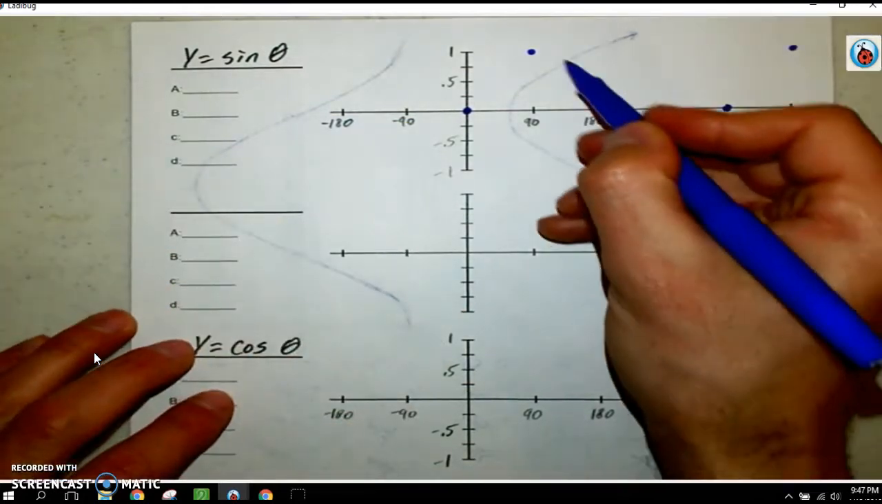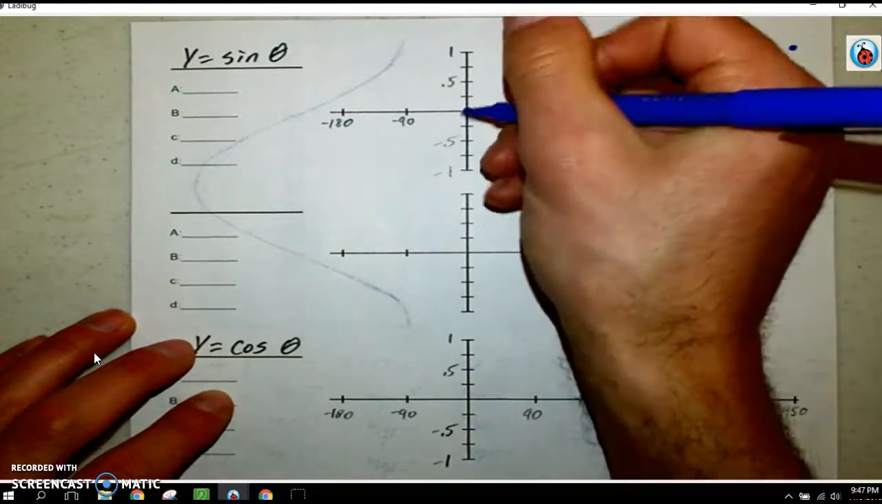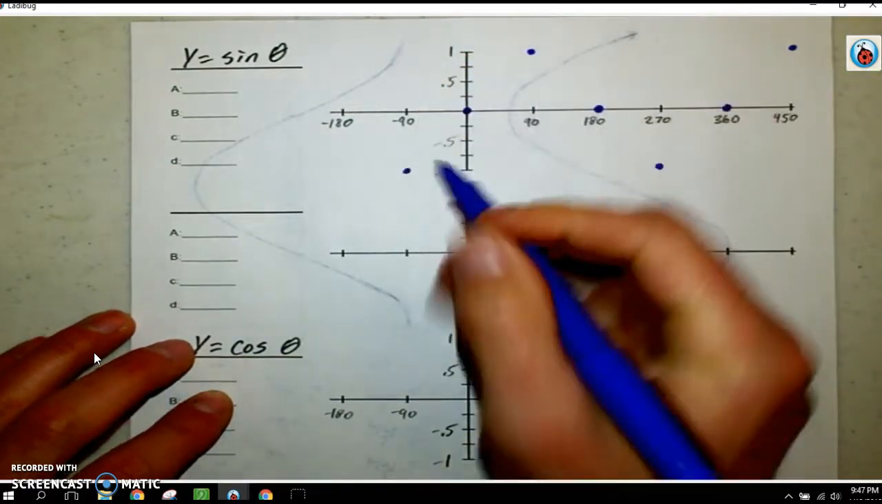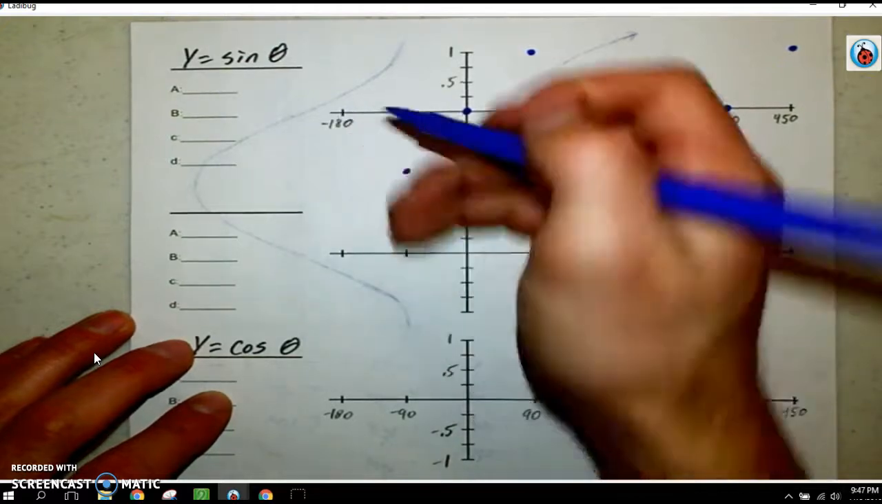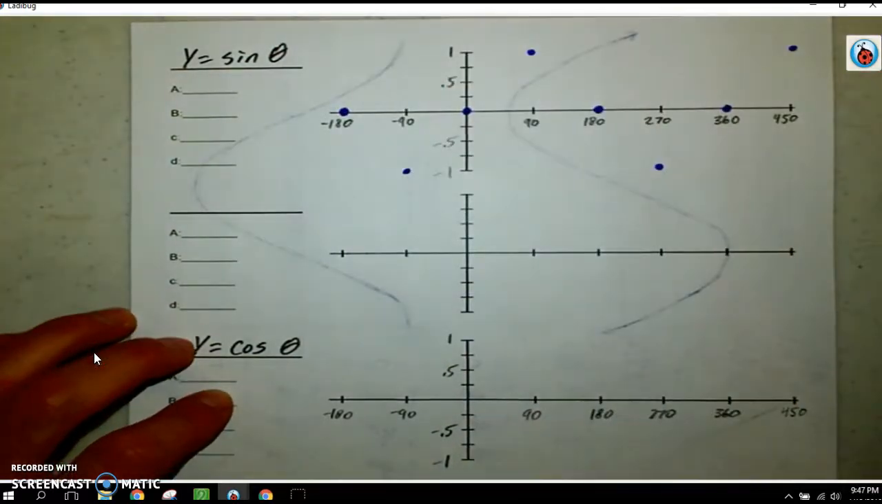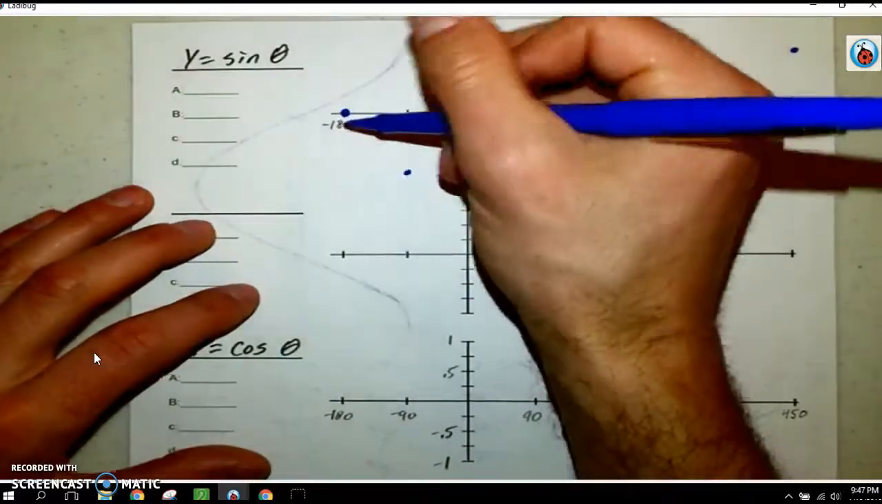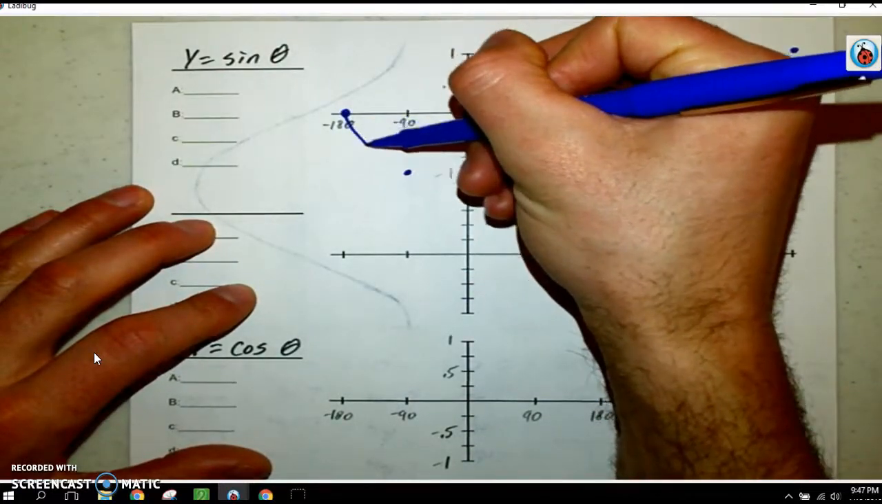And now I'm going to continue this wave downward over here to the left at -90. I would be back down to -1. Next 90 degree interval, I'm back to my axis. And now if I connect these with a nice smooth curve,